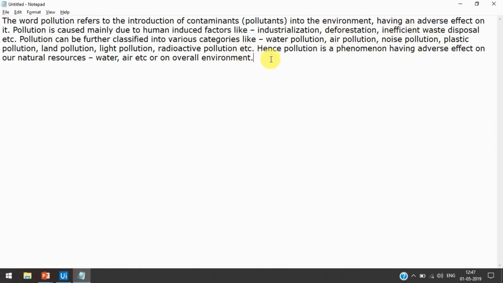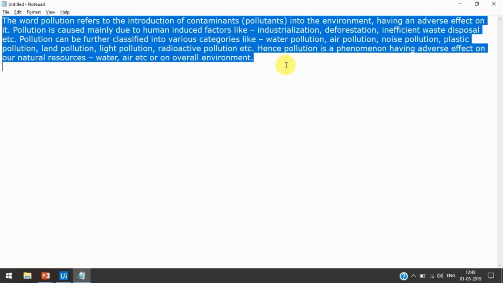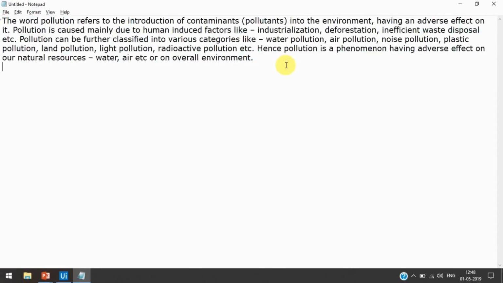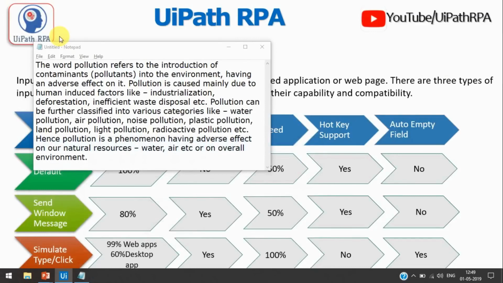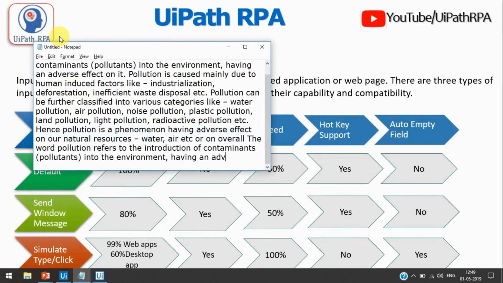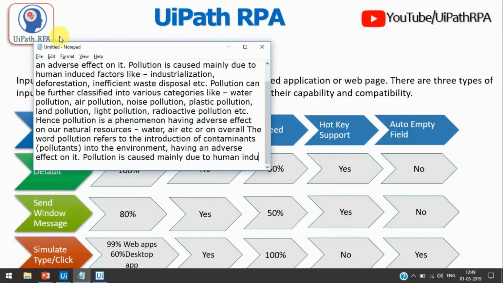It removes only this line's data, but if we use a different method, then we can remove all this data from this field. So let me run again. Now you can see it starts typing from there. It just cleared one line.